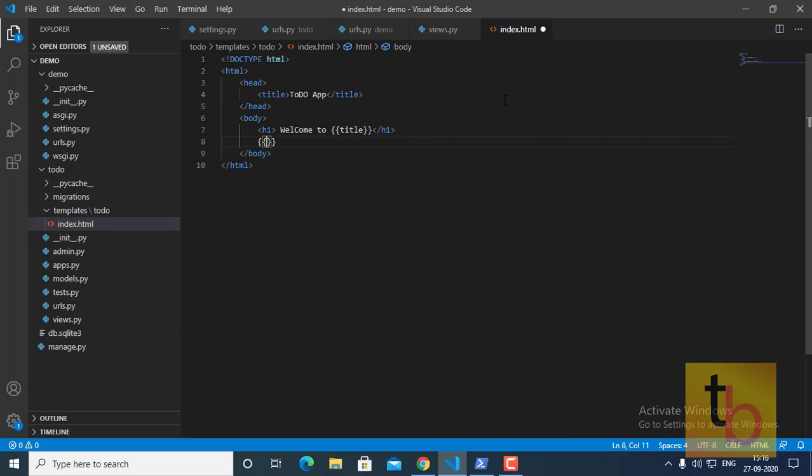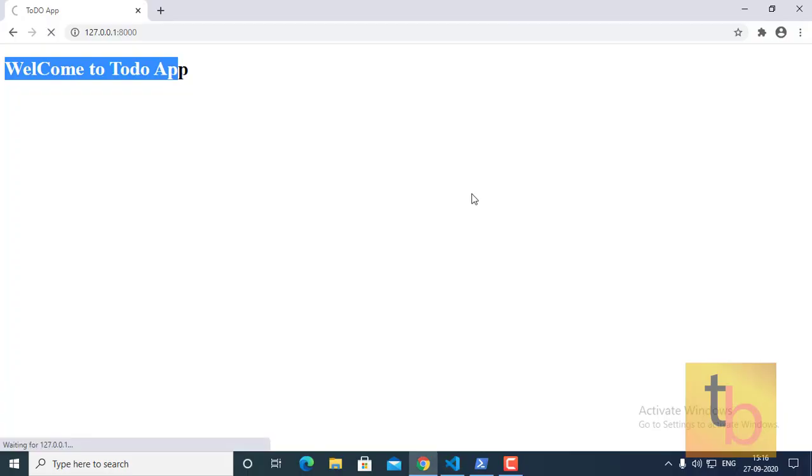We will see each and every syntax of Jinja 2 in future videos, but currently we will see only how we can display the data from our views. We will also see how we can do conditions and for loops with Jinja 2. So let's run this.